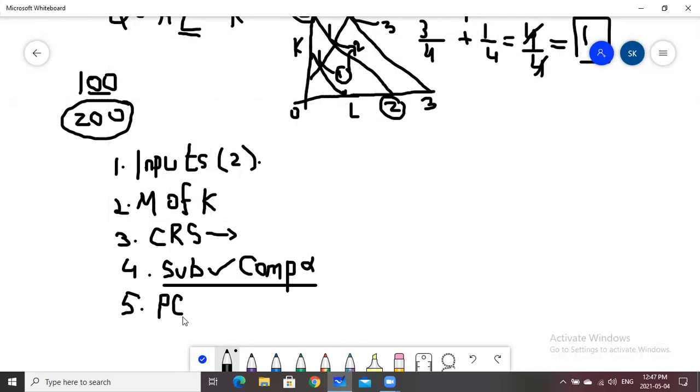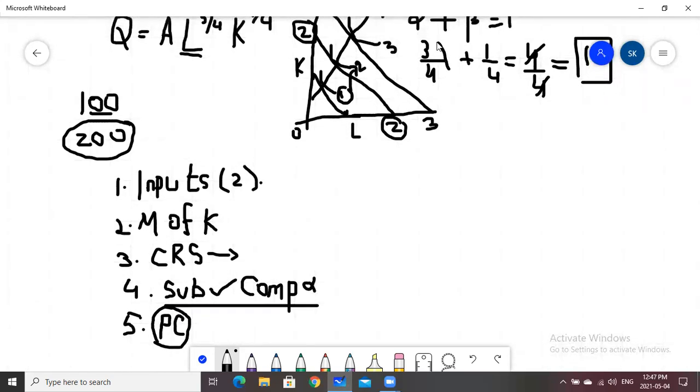An important thing to note is that if we drop perfect competition in the factor market, the coefficients alpha and beta, which were 3 over 4 and 1 over 4 in our example, will not represent the shares of labor and capital in the